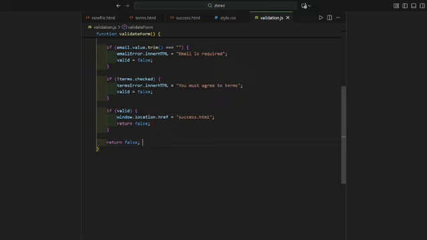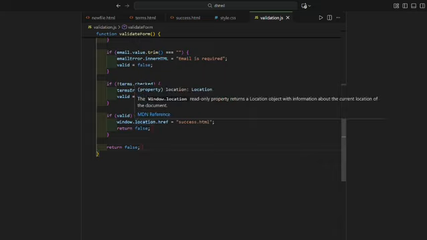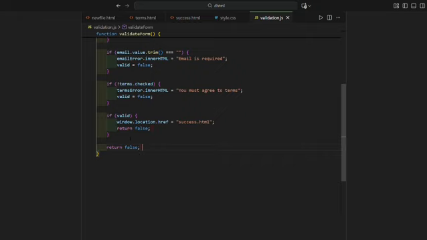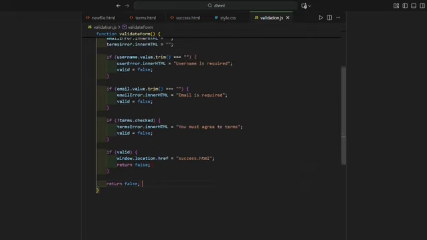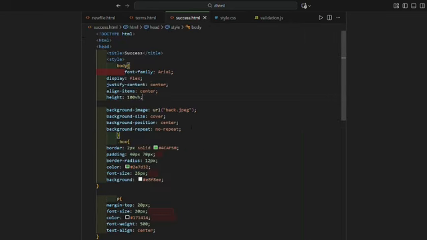If you didn't fill any required field, I have set the valid value to false. At the end, if valid is true, which means the required fields are completely filled, I redirect the user to success.html. That is, if the user has completely filled in the necessary details and clicks the submit button, then it moves to